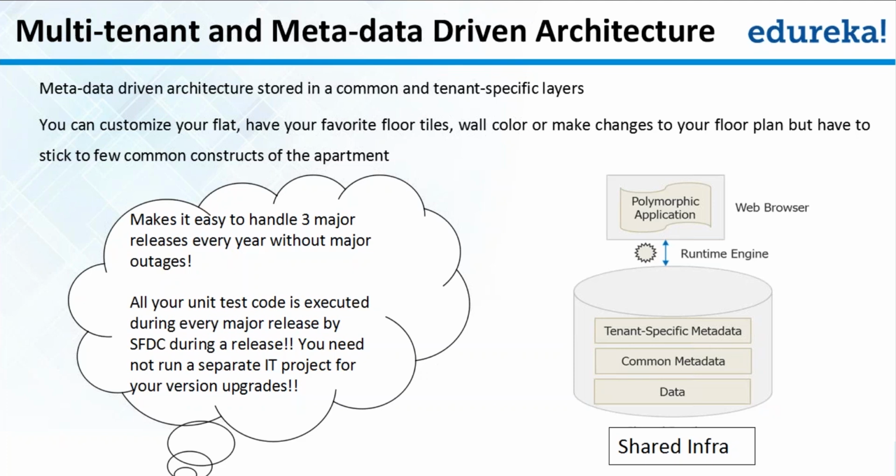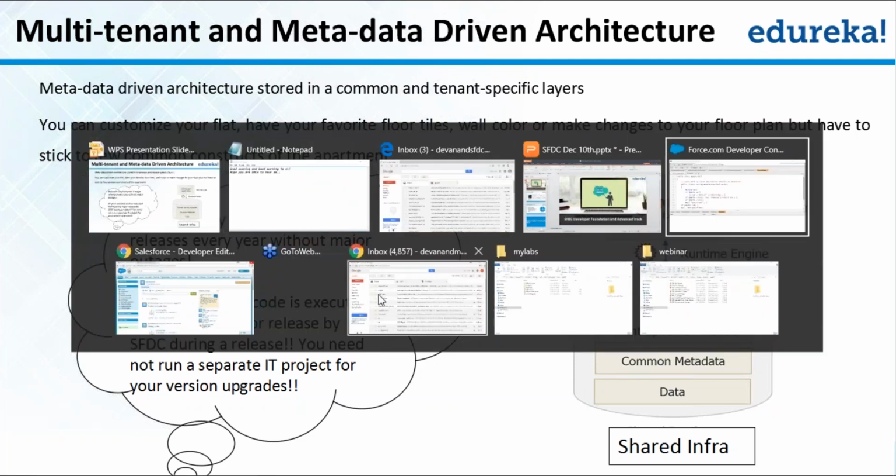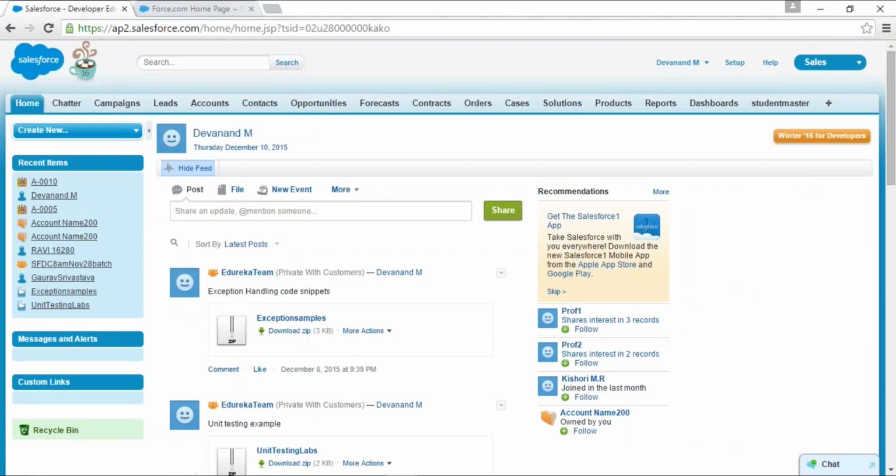So you have a metadata driven architecture, right? There is something which is specific to the tenant, and some which is common metadata, right? And the infrastructure, the servers, the services, many of them may be shared, but it doesn't mean there are a lot of constraints, right? It doesn't mean that it's very bad. I'll show you the number of transactions that happen in a day, right? I'll just quickly show you what happens in the Salesforce world,